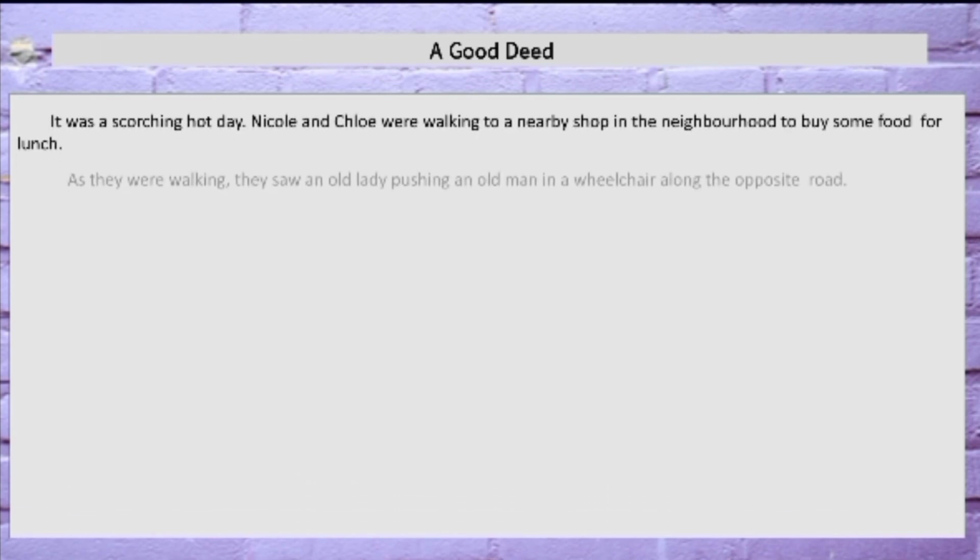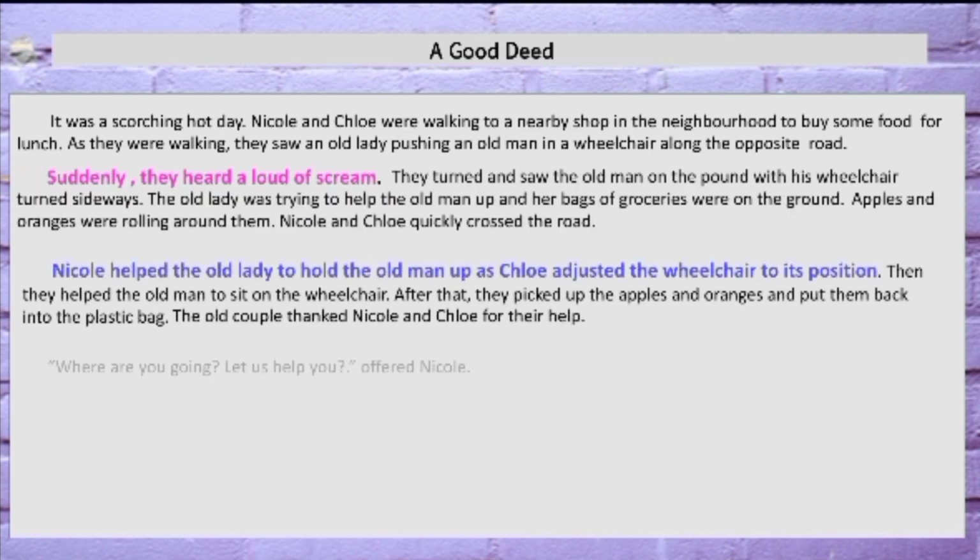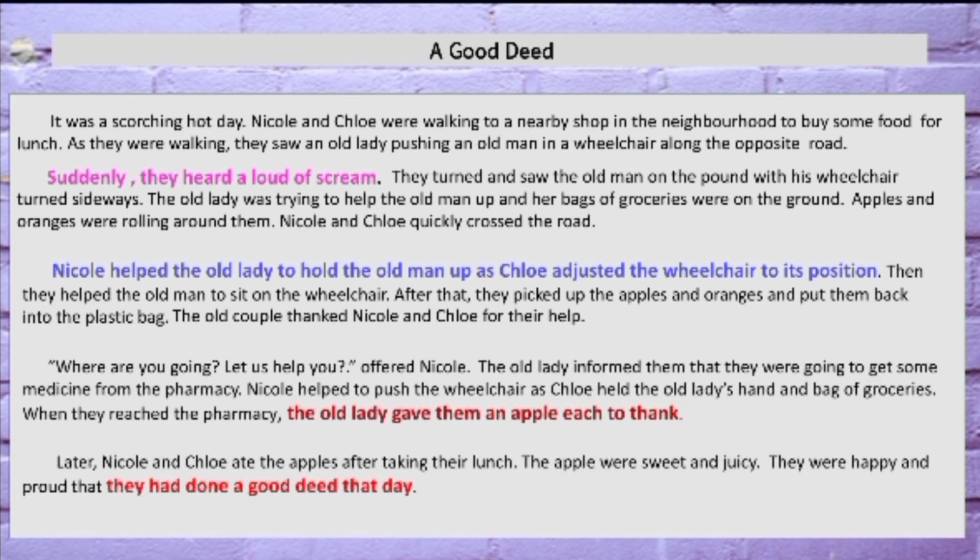This is an example of how we write the narrative based on the question just now. So the title of the essay is A Good Deed. So what I'm giving now to you is based on the analysis that we have done just now. If you can see in the essay, there are several sentences having different colors that I've used inside. This is referring to the prompt asked by the question.